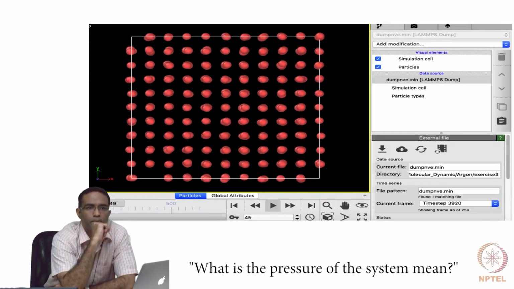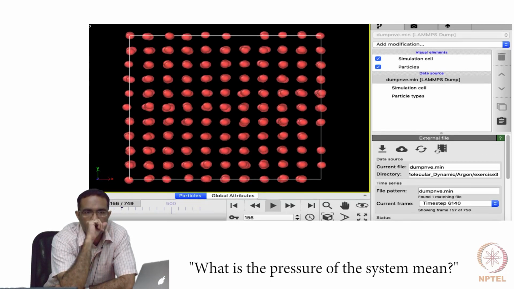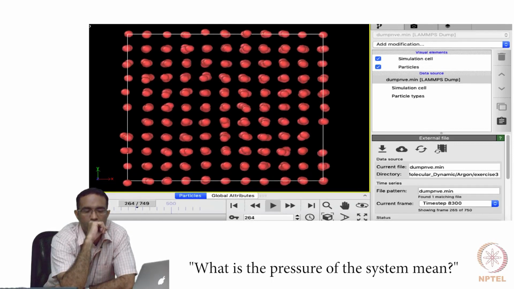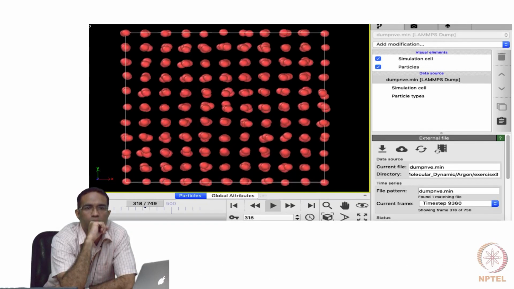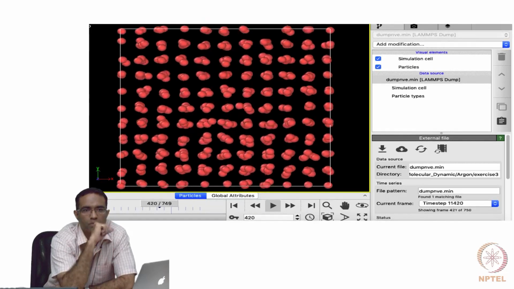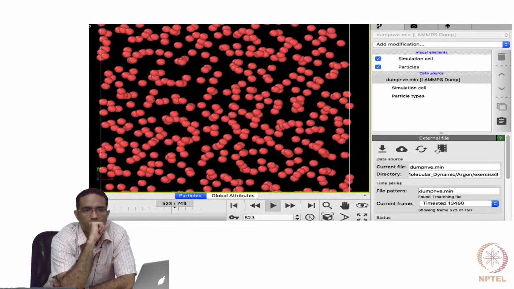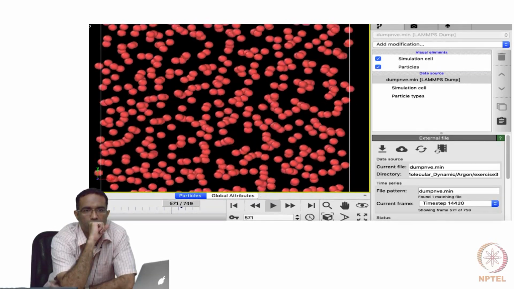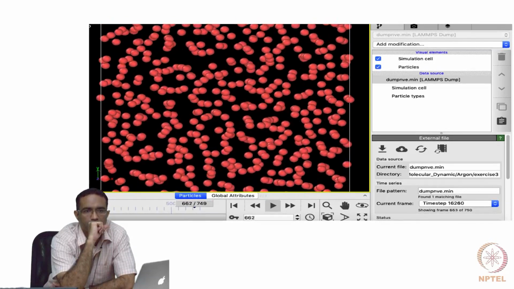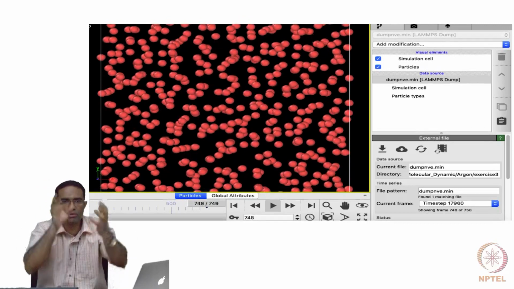Sir, for real objects, like if I'm having a piece of iron in this room, the pressure on that piece is 1 atmosphere because that is the pressure exerted by the atmosphere on that piece of iron. But in a molecular dynamic simulation, the simulation box which we are defining is being repeated in all 3 directions, right? Because of periodic boundary conditions. Correct. And the pressure which is being calculated by the code is the pressure exerted by the molecules on a container of the size of the simulation box.